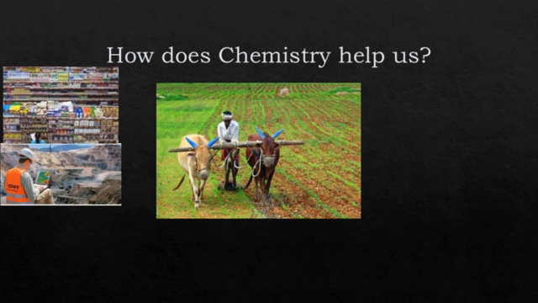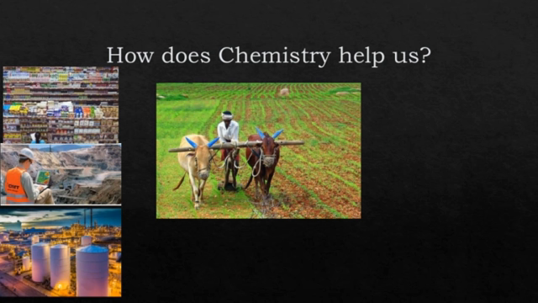The next one is mineral prospecting. Chemistry helps in mineral prospecting by using various methods to take metals from the ores and get proper metals. For example, if you want to get iron from iron ore, you need to use methods which come from chemistry. Chemistry is one of the most important things in our life.